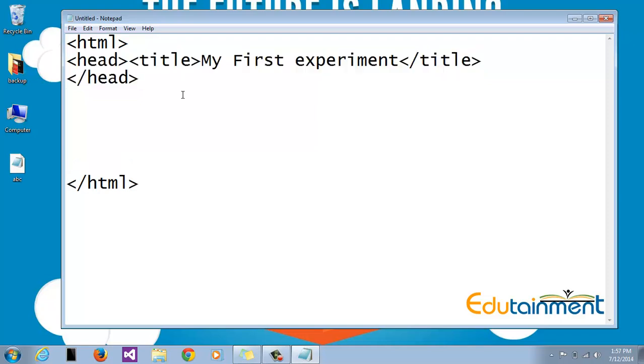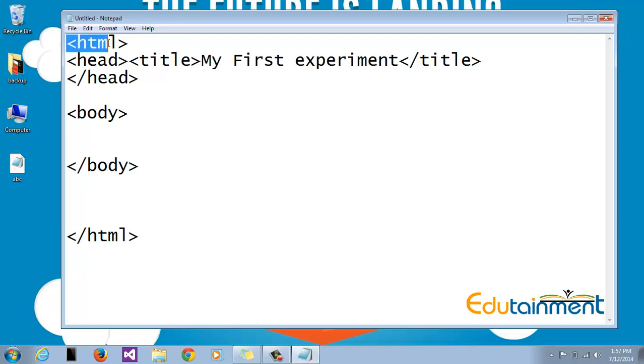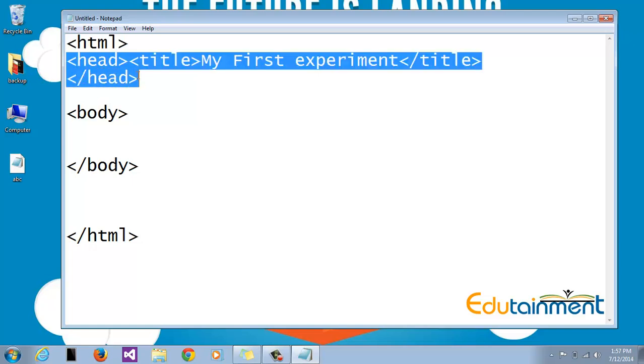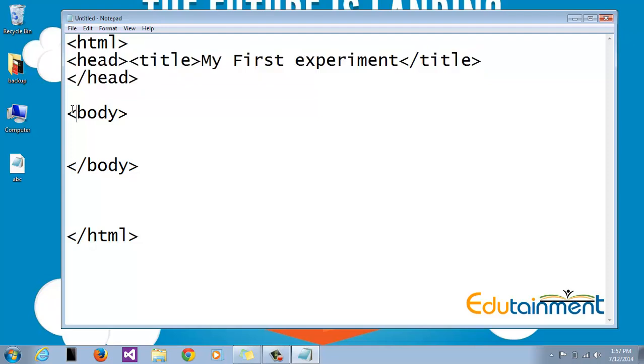Okay, so the first section of your HTML page is your head section. Now coming to the most important section, which is your body tag. Body tag is the section wherein you use all the other tags and actually design your web page. Anything which is visible on the screen is always written inside the body tag. Guys, please keep this in mind. So this is the structure of HTML. First is the HTML tag, then the head section wherein you define your title, then the body tag, and finally closing the HTML tag. This is the structure which you have to follow every time you design a new web